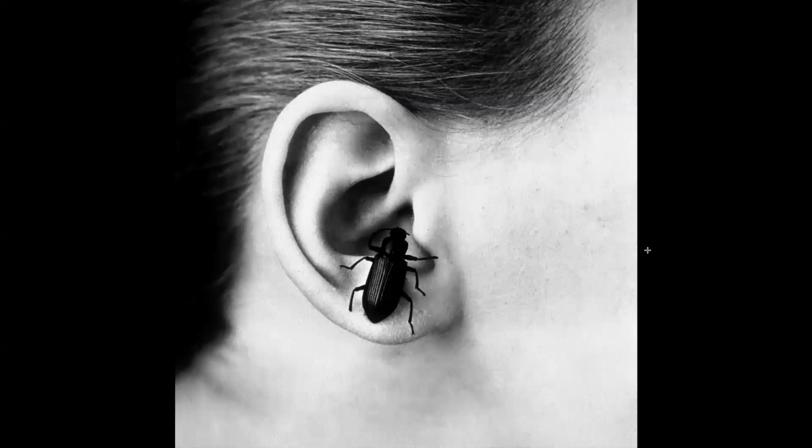Still life can be very simple and still very arresting. There was an old saying, put a bug in their ear. The idea that you can't ignore something like that. If you put a thought into a person that they can't ignore, they would say that you were putting a bug in their ear. Well, here Penn has literally put a bug in somebody's ear, which, two elements, the side